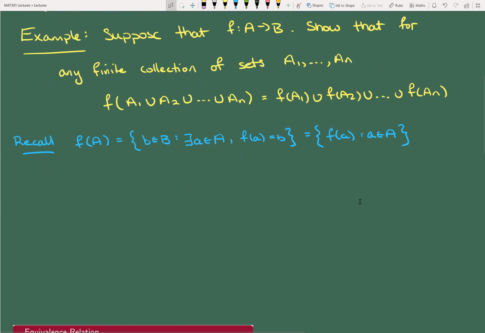So the first thing that we're going to do is prove the base case. In this case, the base case is actually n equals 2. The n equals 1 case is trivial, right? Because f of a1 is equal to f of a1. There's nothing really useful there. So we're not actually going to prove this for all natural numbers, or I guess we are, but the interesting base case that we need to consider is when n is equal to 2. And we're actually going to explicitly need the n equals 2 case a little bit later on in our proof.